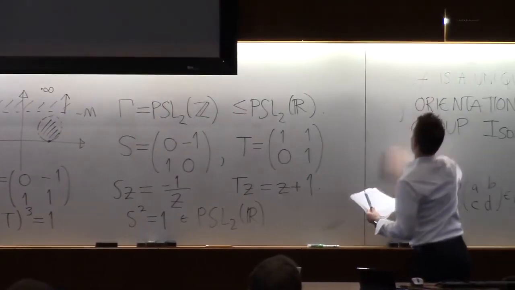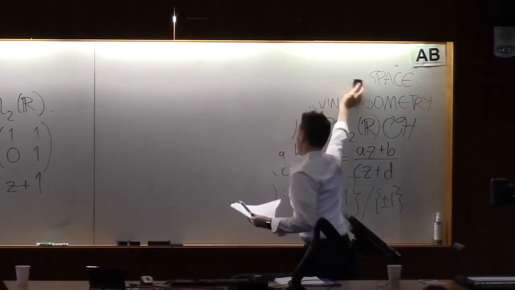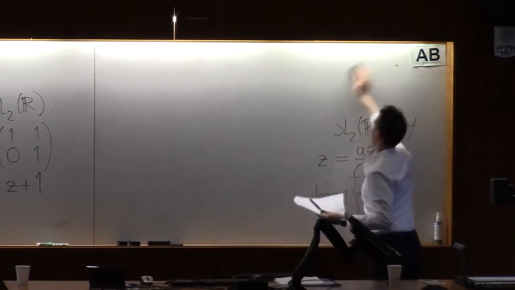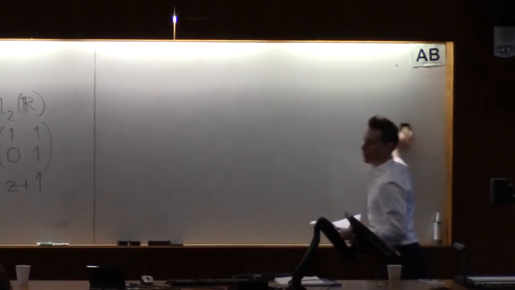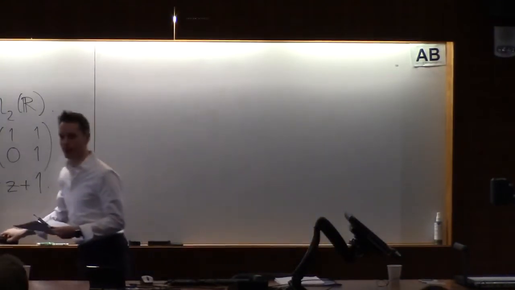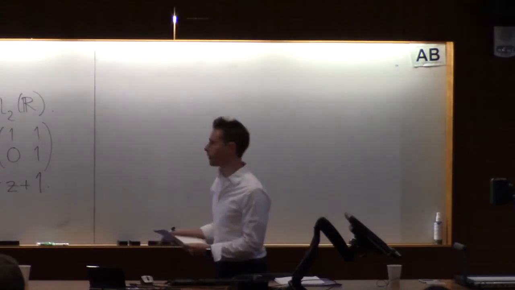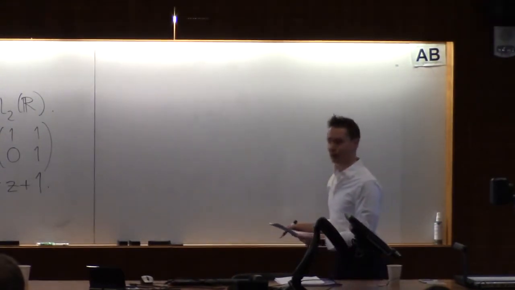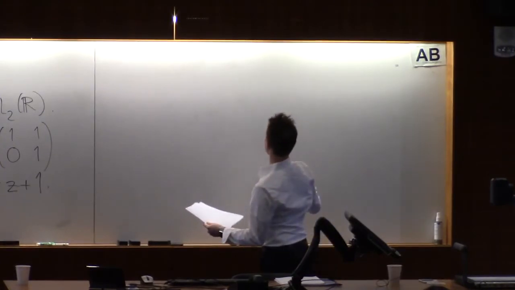All right, here comes your picture. A short version of this course is everything you know and love about SL2Z, we should be able to do for all other finite index subgroups of SL2Z. Okay, and then maybe for all sorts of other discrete subgroups of PSL2R. So that's why I'm reviewing this, so that you feel you know and love this object already. All right, here comes your picture.